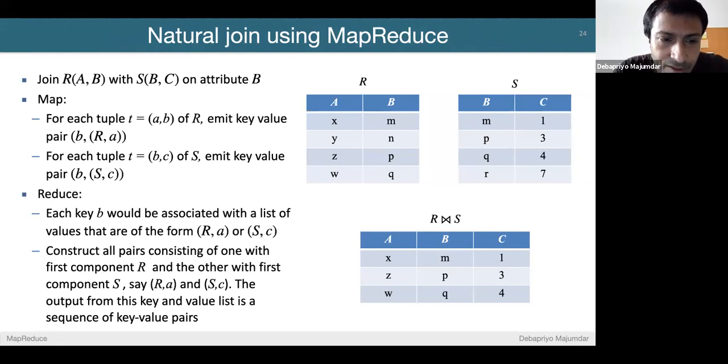So the question is, what happens if a particular value of B, let's say M, has too many key value pairs corresponding to M, from the left side as well as the right side. Now, the idea here is we need to understand how the data looks. Given that both your tables R and S could be stored in the nodes in a distributed way, yes, it is possible that